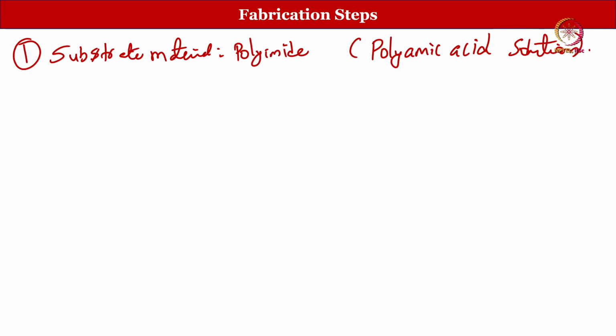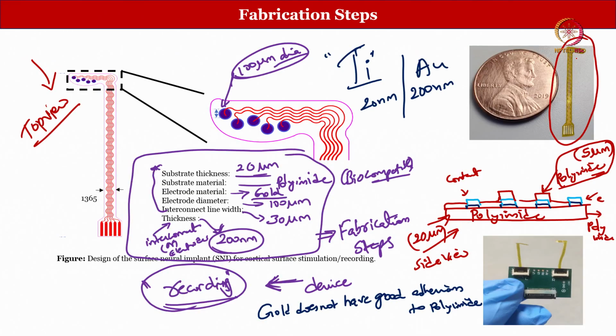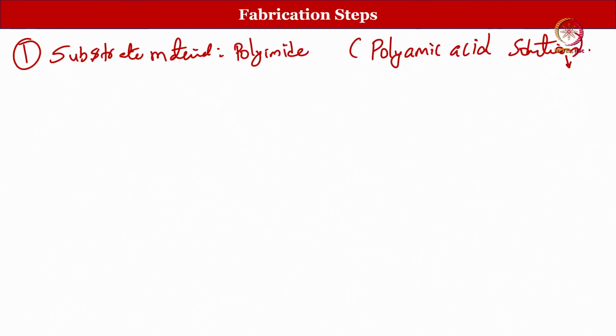Now, this is a solution, and I am talking about a harder material substance. When I say harder, do not think that it is very much harder compared to silicon and all. What I mean to say is this is a solvent that I am talking about, and this device that I showed here is a solid device. How to make it? So, what you do is